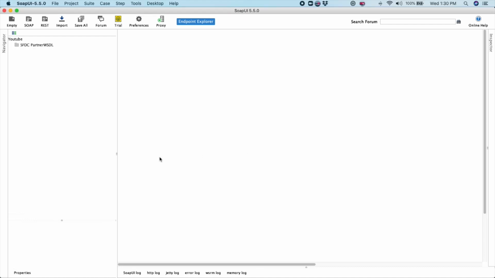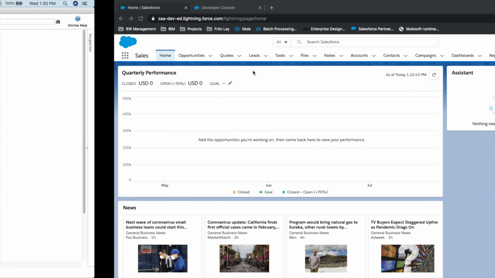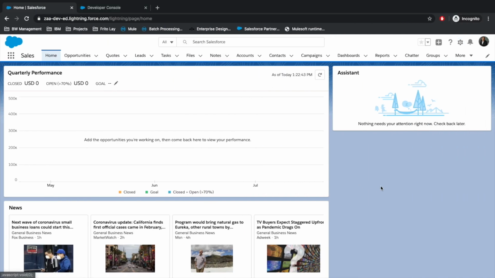So the first step, of course, is that you need to have SOAP UI. In today's demo, I am going to use SOAP UI 5.5.0. The next step is we need to get the API from Salesforce. So this is my Salesforce developer org. Go to setup,